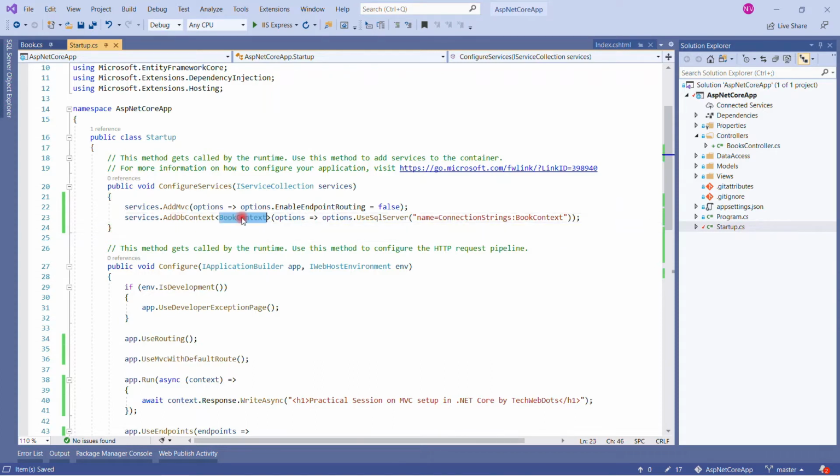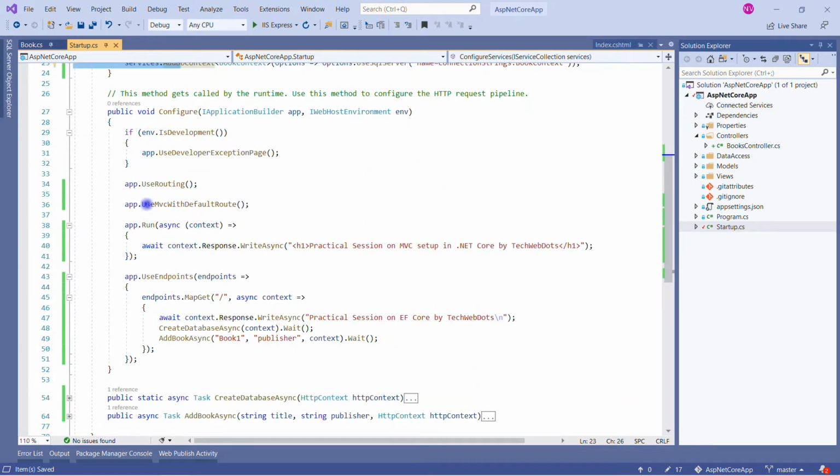So we will specify the BookContext here, and from here the standard way of connecting to the database, we will specify using the options lambda expression, and we will use SQL Server, and we will specify the connection string name, which will be DbContext. Okay, so these two are the primary changes.